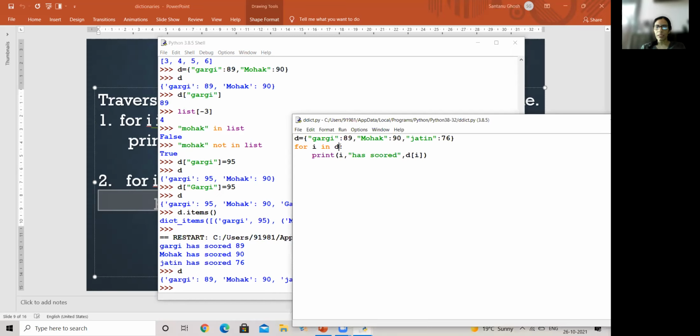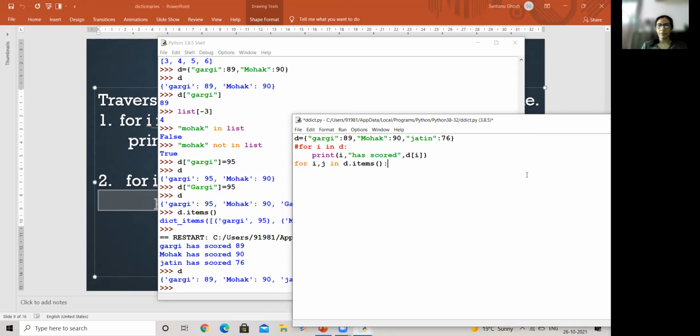The second one is, like, here I have to use i like this, right? But the second method says that, let me put this in comment so that we have this also handy later. The second method is that I take two variables and my d.items function, it's items, not item.